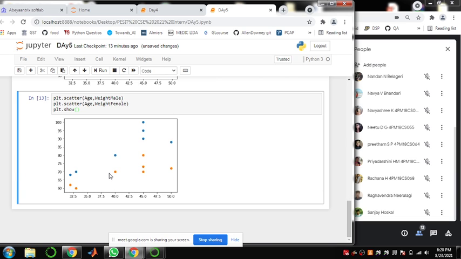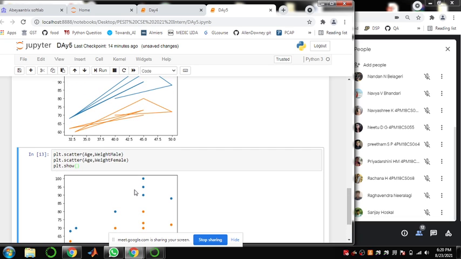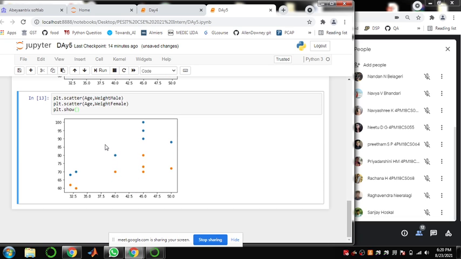You can see here now it is much better, right? For each age, what are the different weight values available. So this is showing far better.